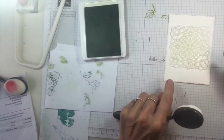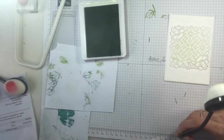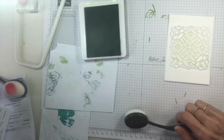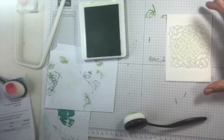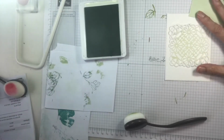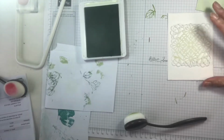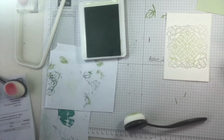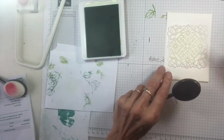This one, the white card, so I'll give you the measurements for those who are watching. It's your standard white card. For the base, I've got this white card. I'm also using a soft seafoam card. They're both the same size. That's 8.5 by 12.5, or 3.5 inches by 4 3/4 inches. So just to give you an idea, but you can make it any size you want. So getting back to this white one,